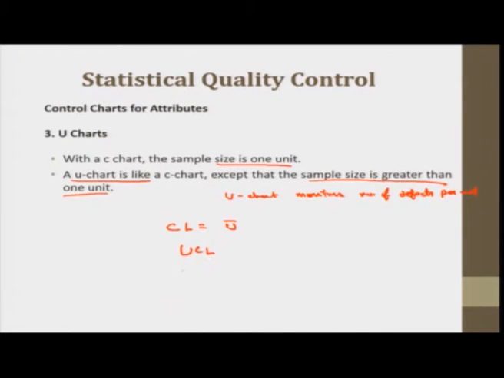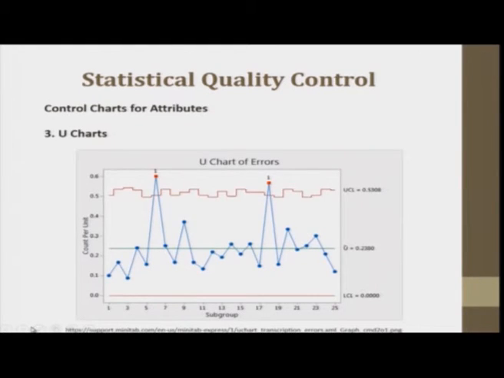upper control limit and lower control limit are given by U bar plus Z. I'll just put the value 3 here directly, which I am using, into square root of U bar by n, where n is the subgroup size or the sample size when it is greater than 1. Okay. So similarly, lower control limit is U bar, I'll put small u, minus 3 times square root of U bar by n. Okay. So this is one of the U charts that is plotted here. So I'll try to plot this as well.